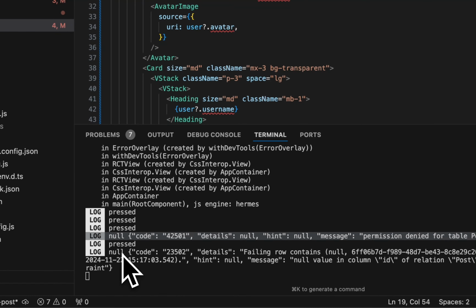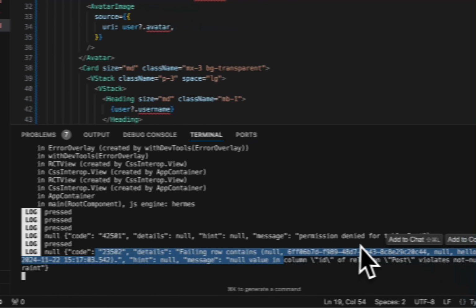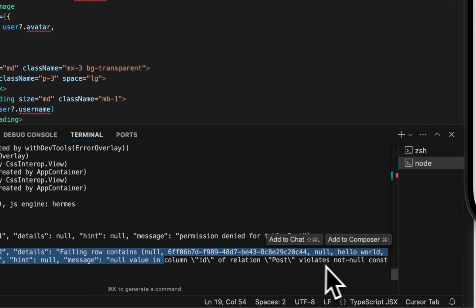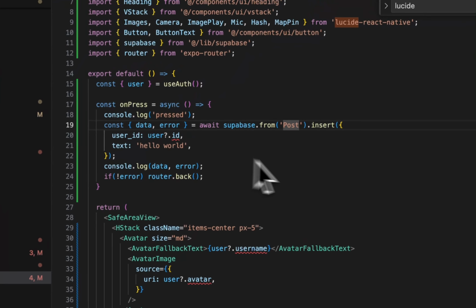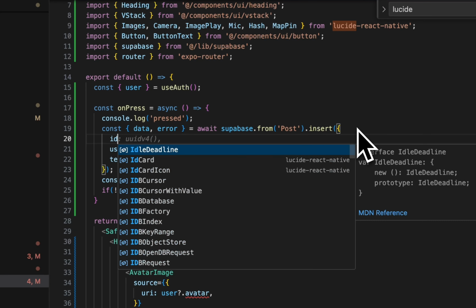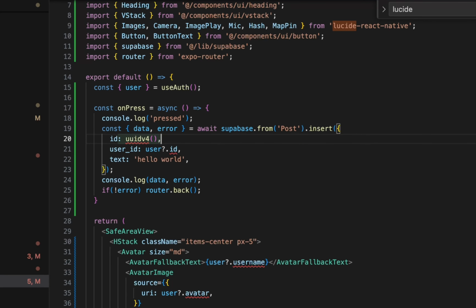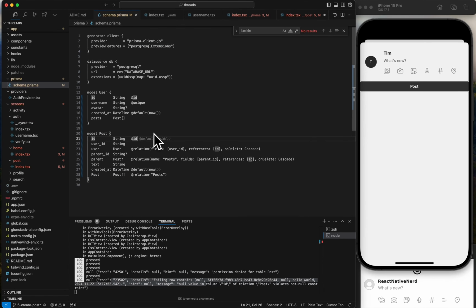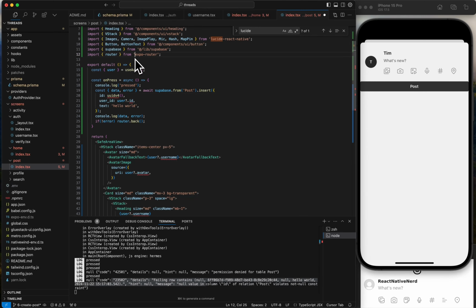Then we get post, press. Then we have failing. Oh, it's failing for something else this time. So post failure. Oh, non-null. Okay. So the other thing we want to do is, since we're not letting the database decide the ID, we still need to put an ID in here. And so what we can do is